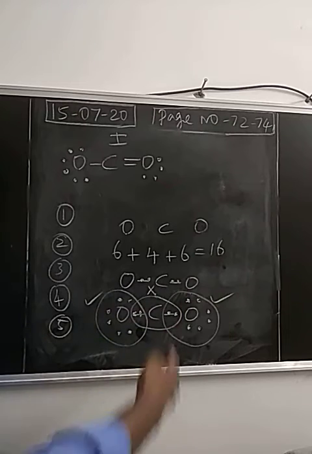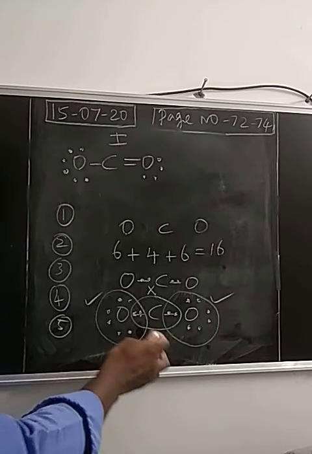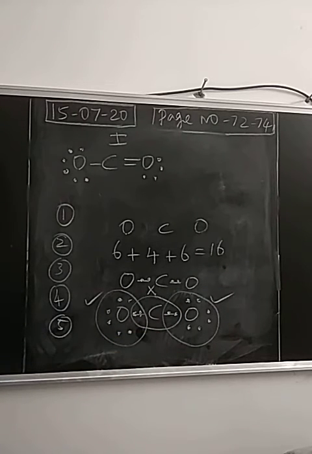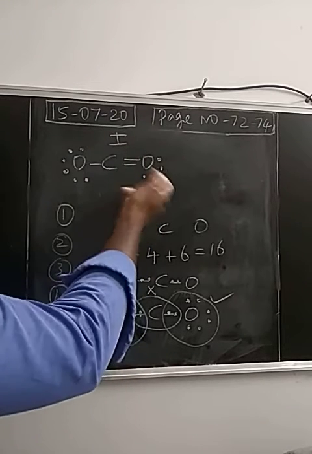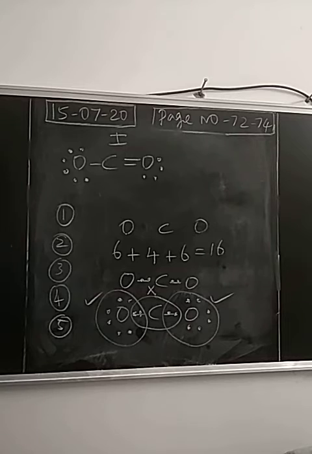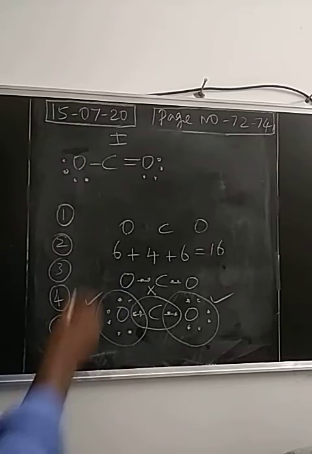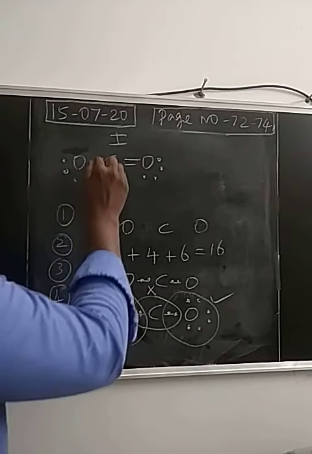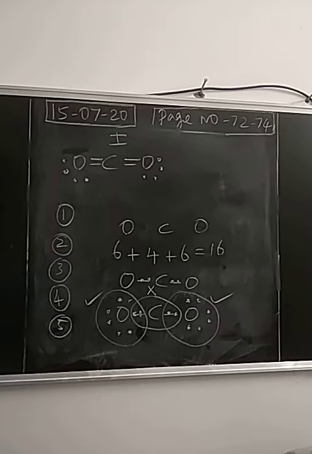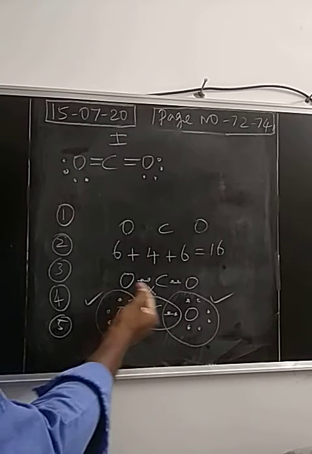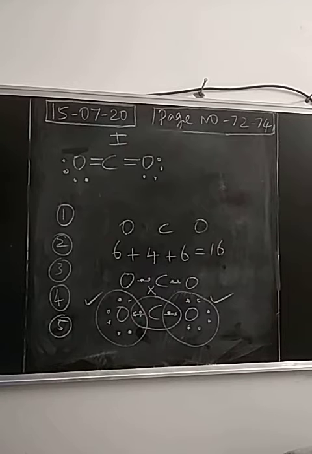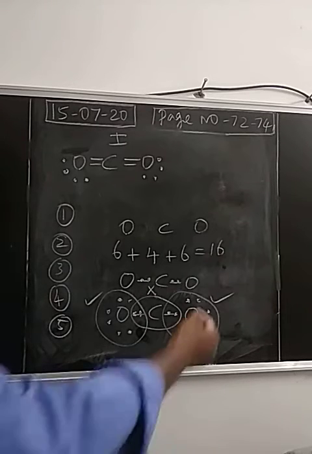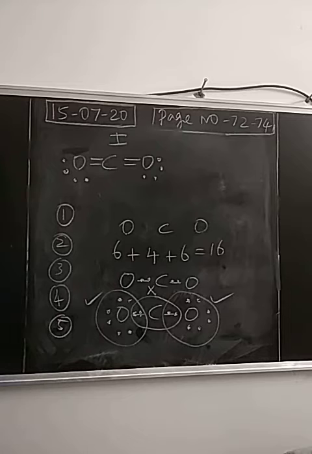So consider the carbon dioxide molecule. The central atom carbon has only 4 electrons, so it needs 4 more electrons to be stabilized, or to obey the octet rule. So one lone pair of electrons from this oxygen is made as a double bond. In the same way, from the second oxygen, one more lone pair of electrons is made as a double bond.